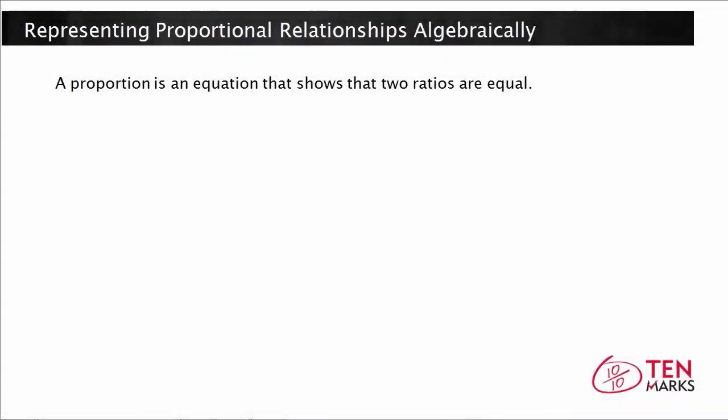In this lesson, you will learn how to represent a proportional relationship algebraically. A proportion is an equation that shows that two ratios are equal. For example, if you had the ratio 1 to 2, let's say one candy bar for every 2 cookies, and you wanted to have a proportional relationship to another ratio, you could have something like 2 candy bars to 4 cookies, and this is a proportion that shows that these two ratios